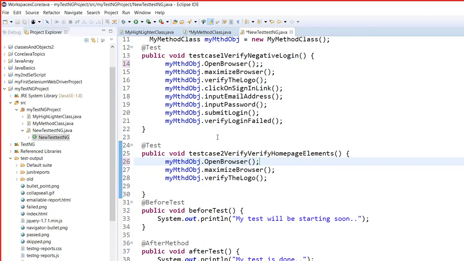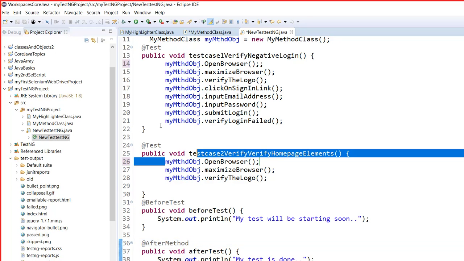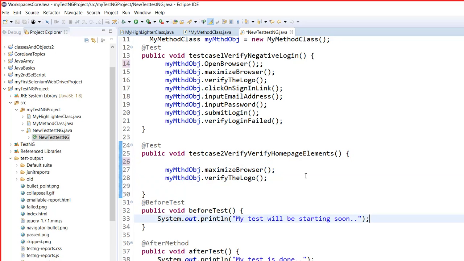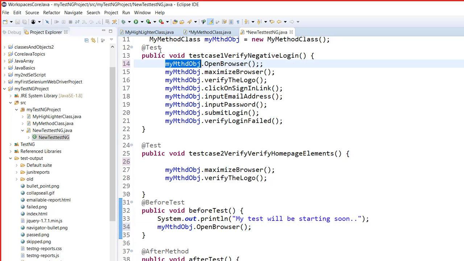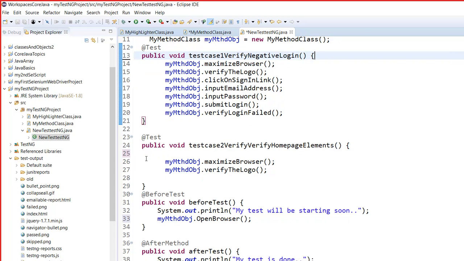So here in this open browser, if you have 50 tests, what will happen? You have to open the browser 50 times. If you close the browser, you have to open the browser. Does that make sense? So this opening part of the browser, if you close the browser after the test, instead of after method, let's say in the before test, we are going to take this out to open the browser before test. Now before test, it will open the browser, and then if I execute it now,